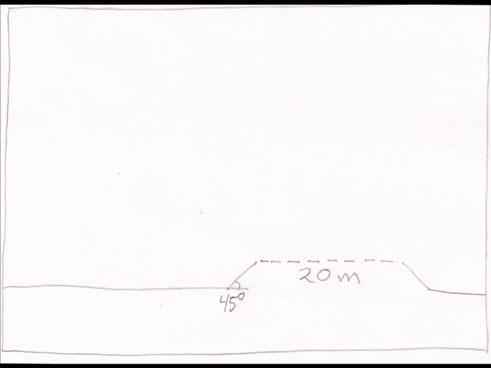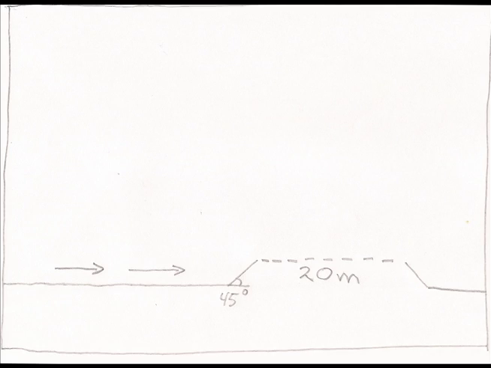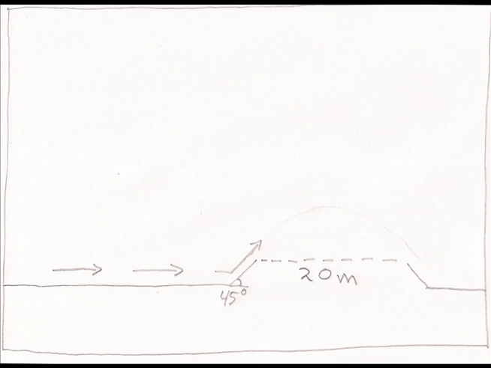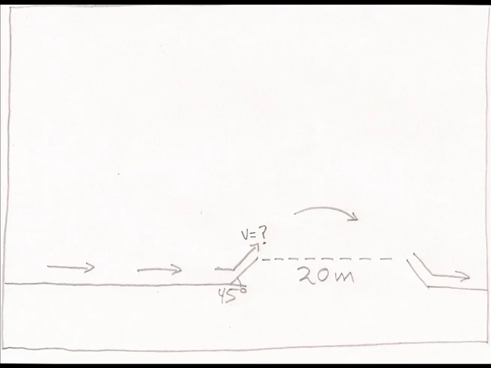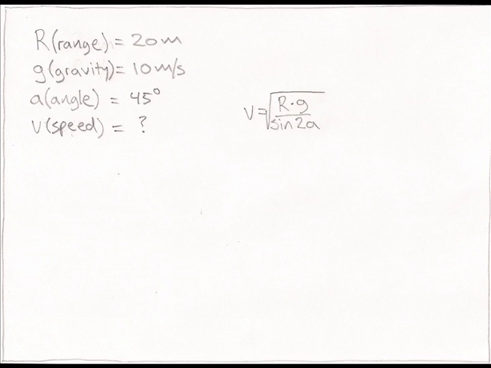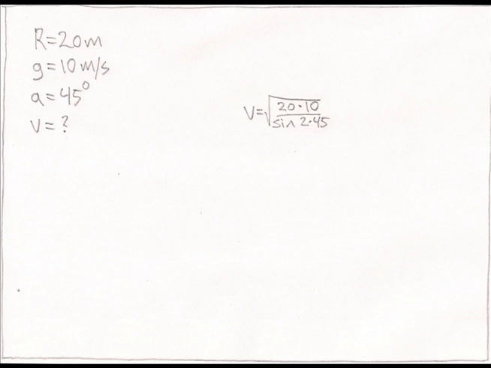Today there is no air resistance, so I've decided I'm going to try to jump my car a distance of 20 meters. But to be sure I'll make the jump, I'll have to do some calculations. I've set my ramp at a 45-degree angle since I know that gives me the furthest distance. Now I just need to know the speed I need to be traveling at the point I fly off the ramp. To find the speed I need to be traveling at to clear the distance, I use this formula.